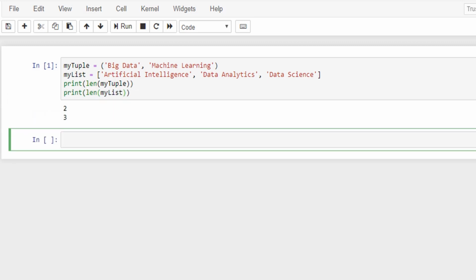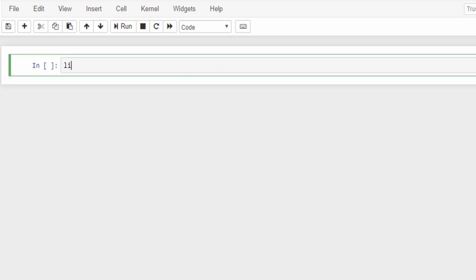Similarly, we have max and min functions to return the maximum and the minimum values in the list or tuple.